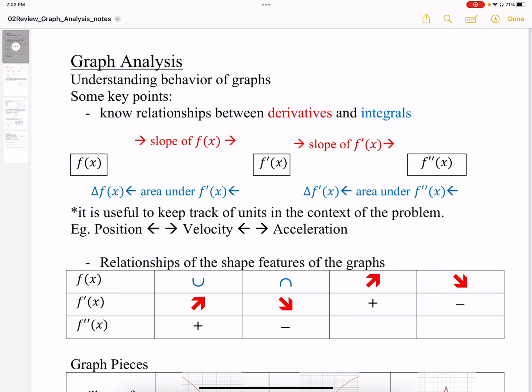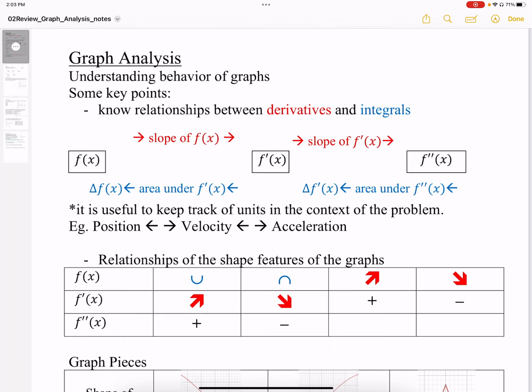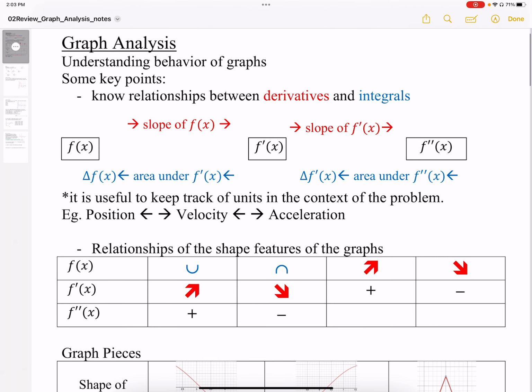Graph analysis. It's important to understand the behavior of graphs. Some key points that we should make sure we understand is the relationship between the derivatives and integrals. Here I've given you, going to the right, we're differentiating, going to the left, we're integrating. So if we start at f of x,